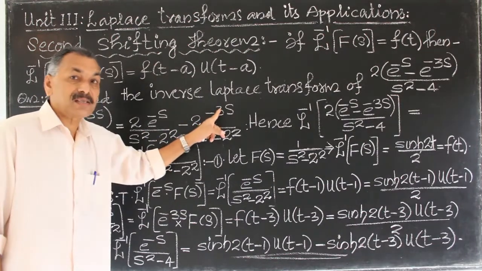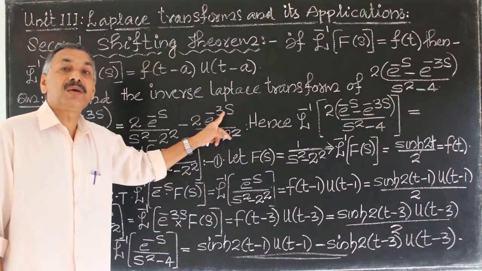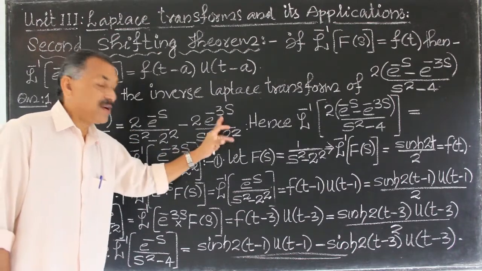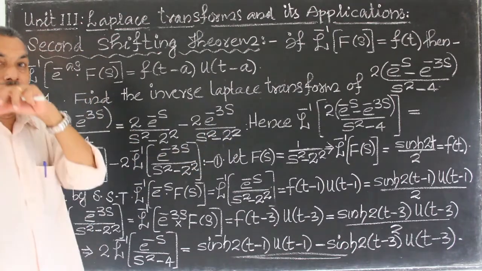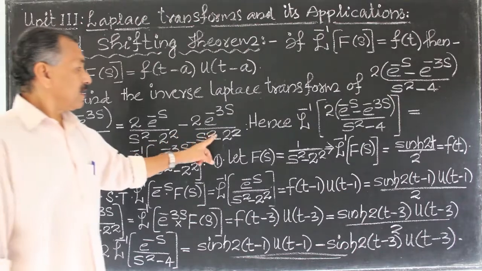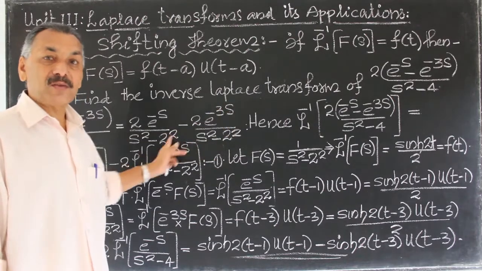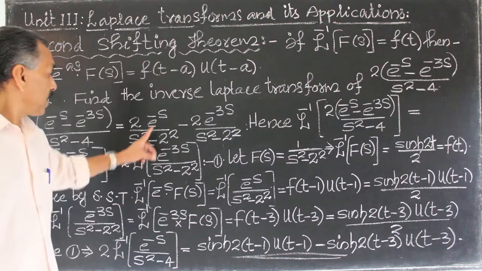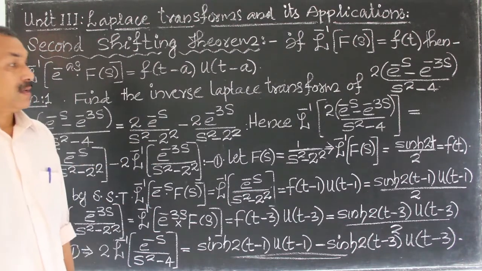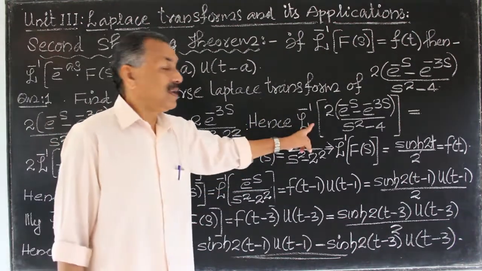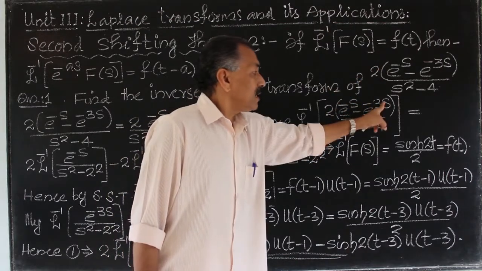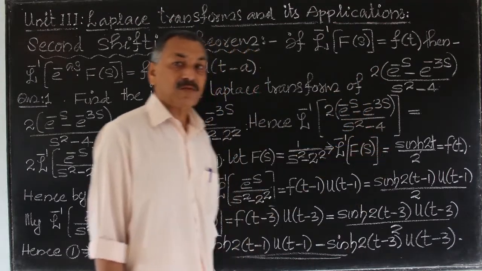F(s) is equal to 1 divided by s square minus 2 square. The two is a constant, you can take it outside. Here it is in the form e raised to minus as into F(s), where F(s) is equal to 1 divided by s square minus 2 square. Hence L inverse of 2 e raised to minus s minus e raised to minus 3s divided by s square minus 4 is equal to